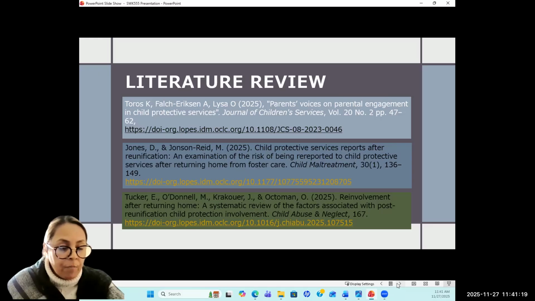The next article is the re-involvement after returning home. The systematic review of the factors associated with post-reunification child protection involvement. This third literature review focuses on following children who exited the out-of-home care.